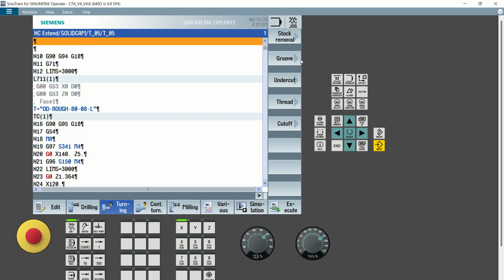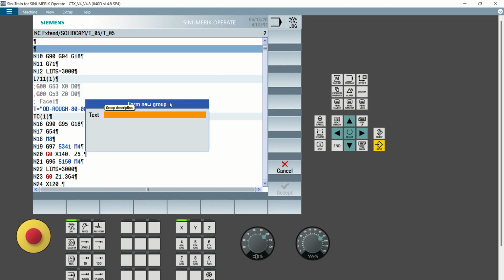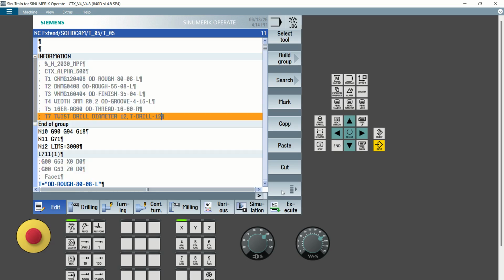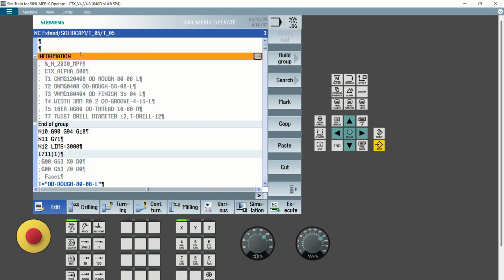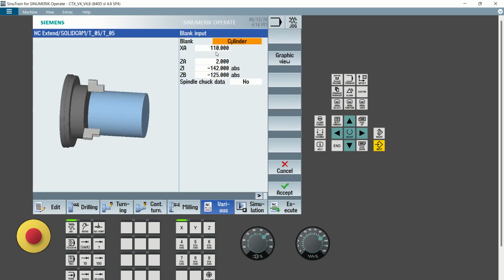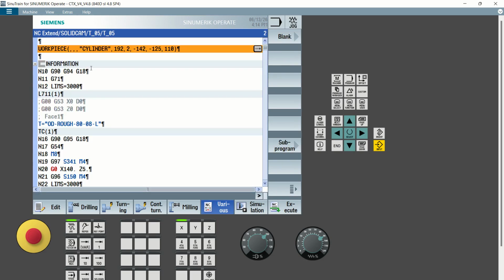Click cut, and then come here on this line. Click on edit, and then say build. Let's say info, and say this is my information, then accept, press the next key, enter, then paste the inside, then here change to this, then here come to various blank. This is what we are having. Yes, okay, that's our stock. Now this is what we have done from our CAM system,